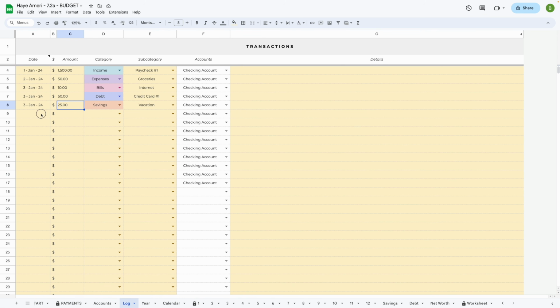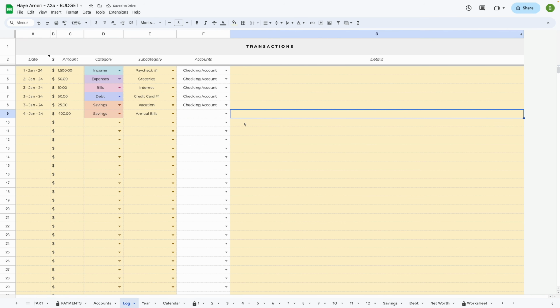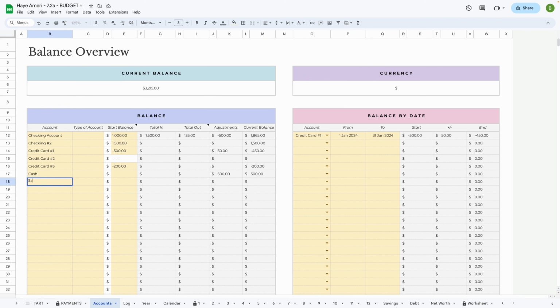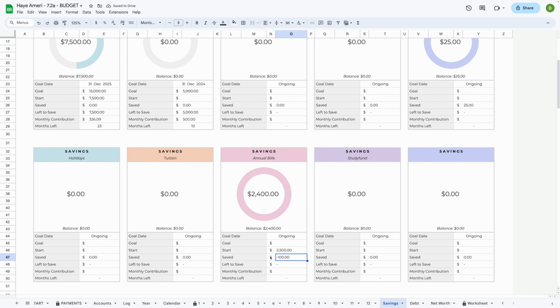So let's go to that log, and on the 4th of January 2024, you used $100, so you add a negative transaction for that savings. And let's say, for example, you do annual bills. Now, let's say this is also your savings account that we have not listed here. So let's say you wanted to do that over here on the savings account, we can just still add this, and we had that, let's say $5,000 in there, for example. Log, and now out of that savings account, we're taking $100. If you now go towards that savings, we can see that $100 has been deducted, so $2,400 is our current